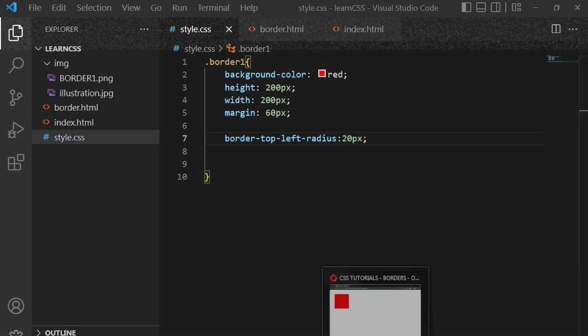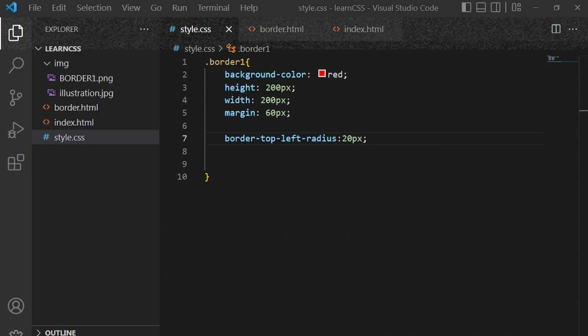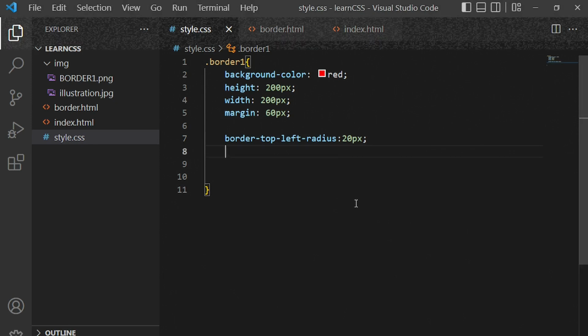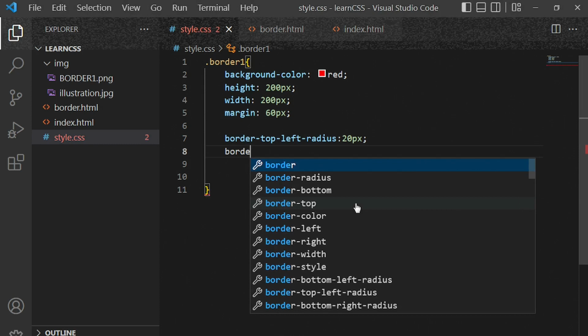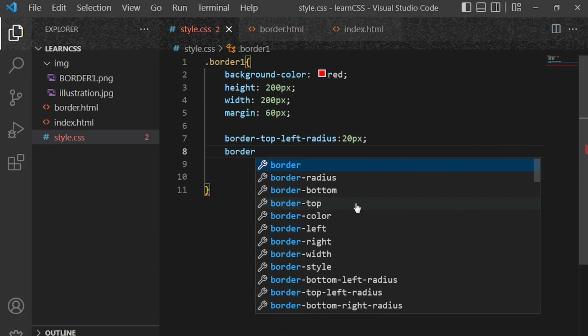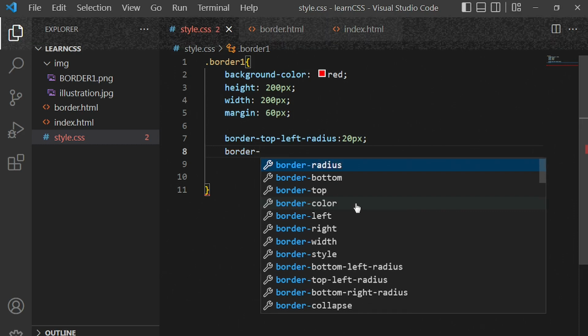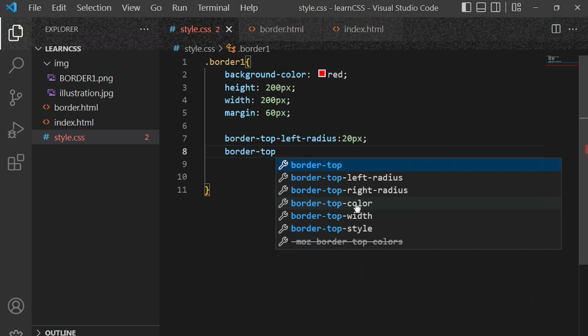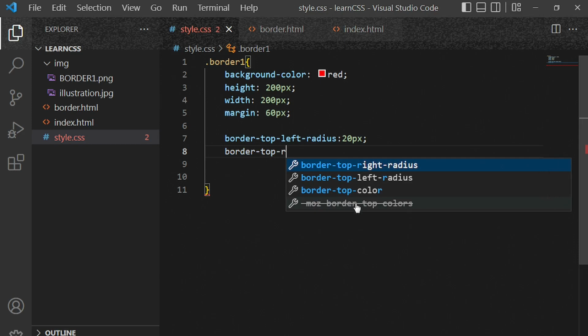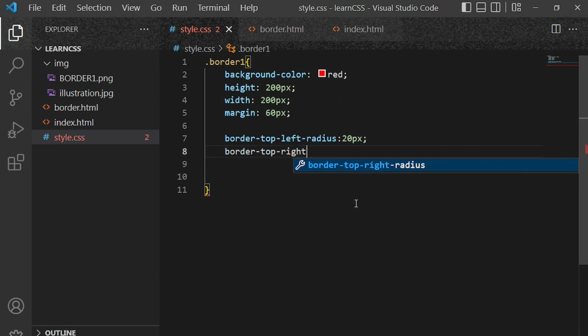Go back there, reload, and now you can see this particular curve here. All right, let's continue. So the next thing we're going to be looking at is, you put border, top, and this time we're going to put right, like this,